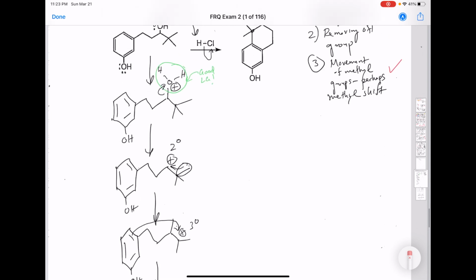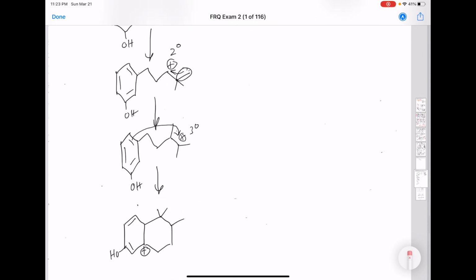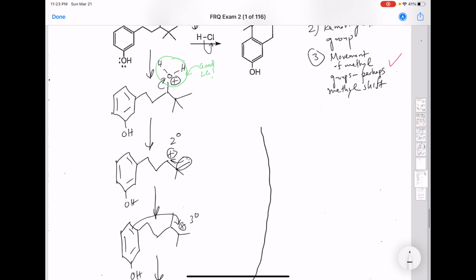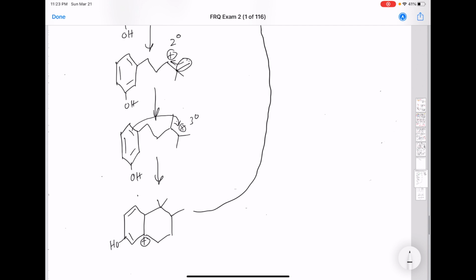Now, the very last step is to perform an elimination. The first step we had done was to do an addition by breaking the double bond in the benzene molecule, but now we are going to restore that via elimination,